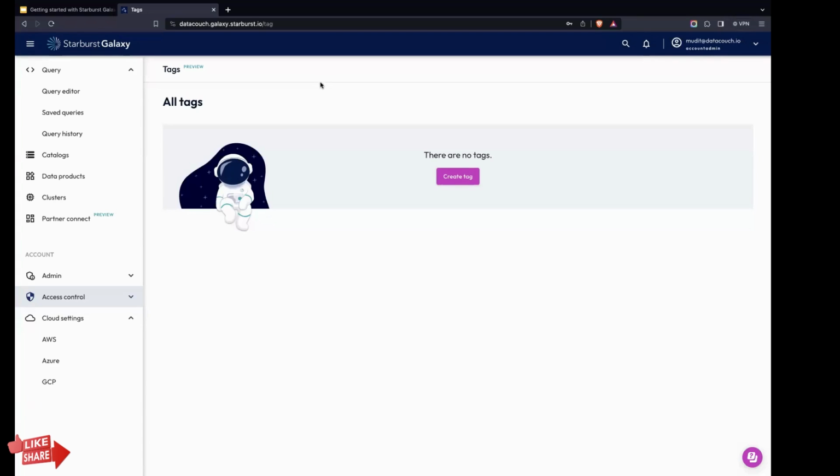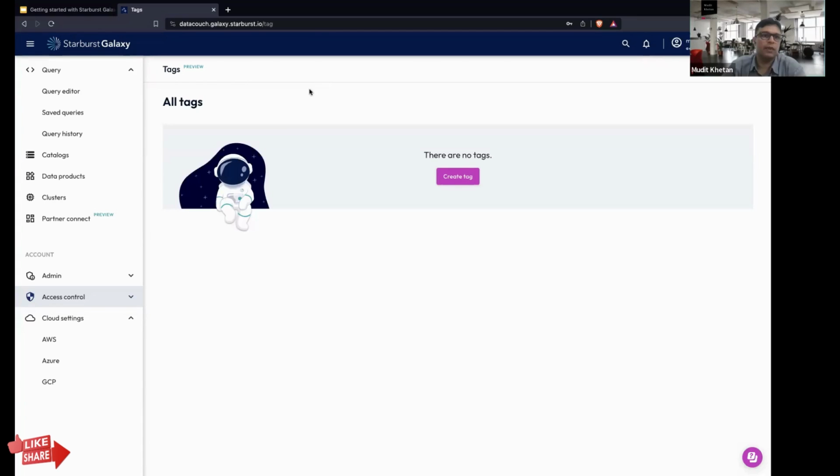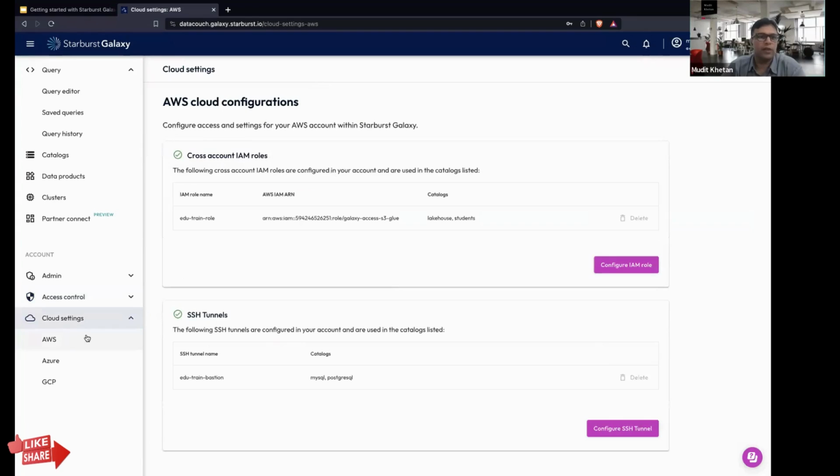All right. Thank you. Right now, because we are using AWS, you can see that I can configure the IAM roles, I can configure the SSH tunnels.